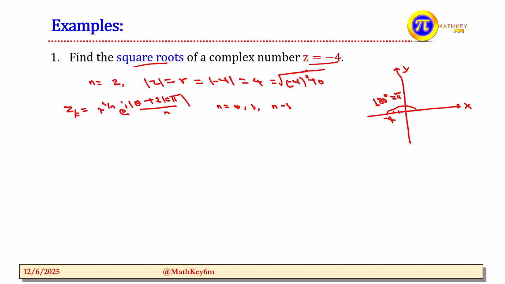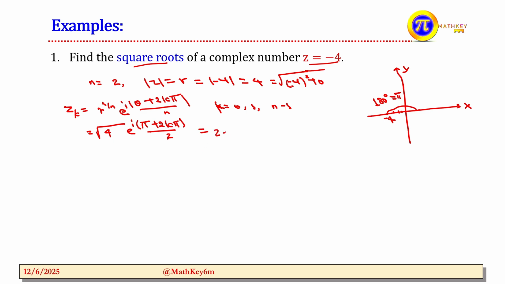Since our n is 2, we can say this is the square root of 4 times e to the power of i into our principal angle theta, that is 180 degrees or pi rad. Here we have pi plus 2k pi divided by 2, since n is 2, which is equal to